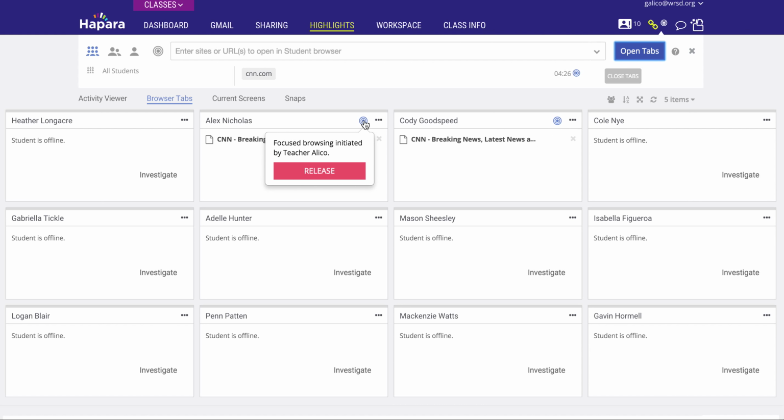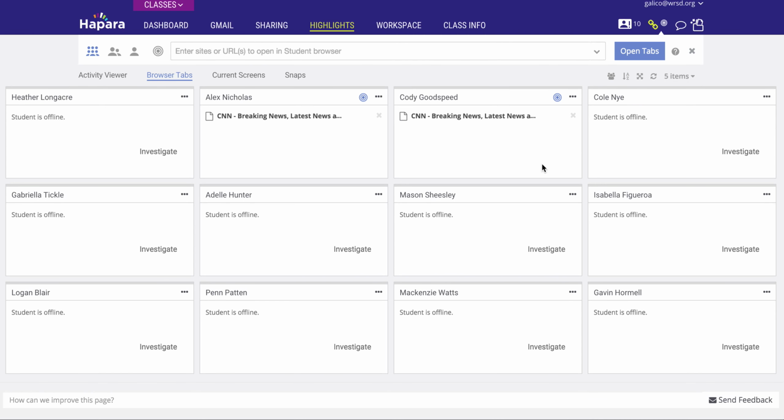If I notice that certain students have got what I want them to do and I can have them move on, I could just hit here and click release. Or if I want to release the whole class, I can just come here where it says close tabs. And when I do that, it closes the focus tabs that I had them going to